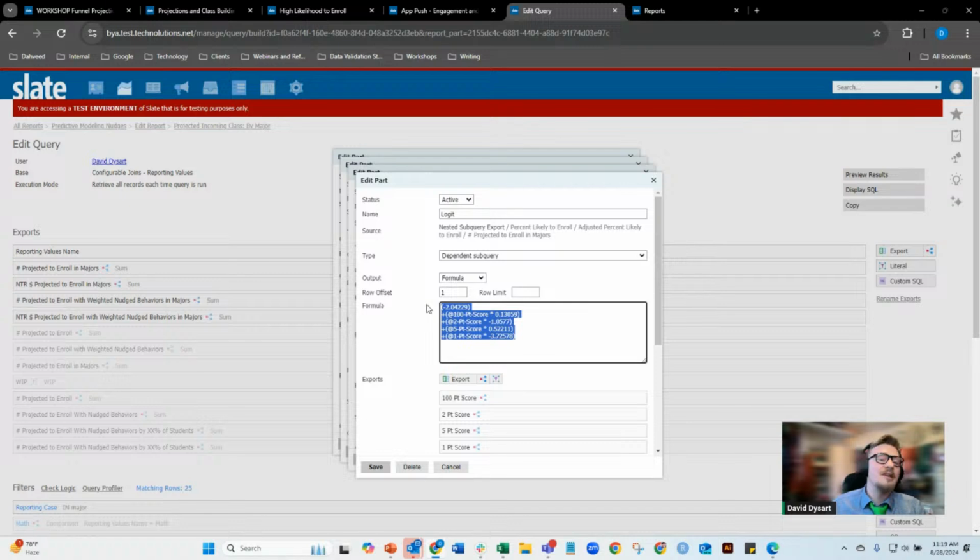Which is very easy to do for something like binary logistic regression. But if you're running some black box machine learning algorithm, where you don't know what is actually leading to it saying this person's likely to enroll or not, you're not going to be able to program that into Slate necessarily. That would be like, okay, we're going to feed data out, and then whatever system we're feeding it into is going to give us a value back. And so is